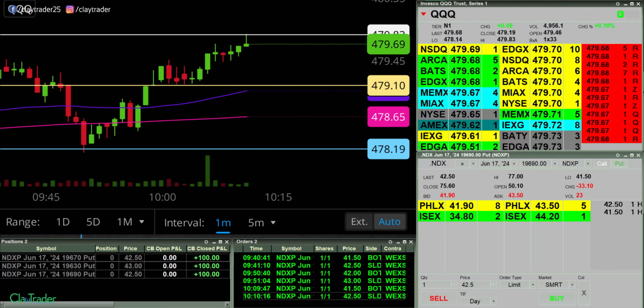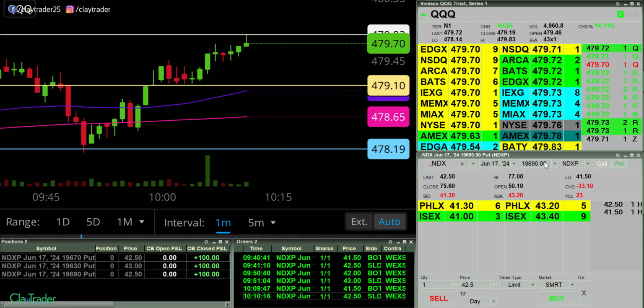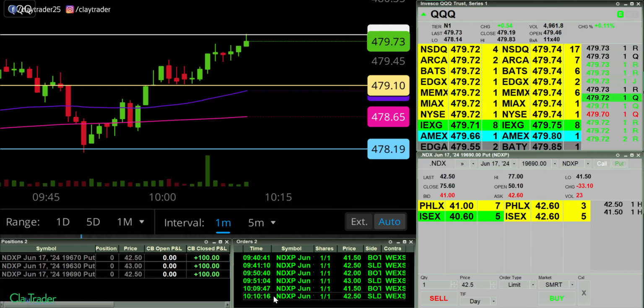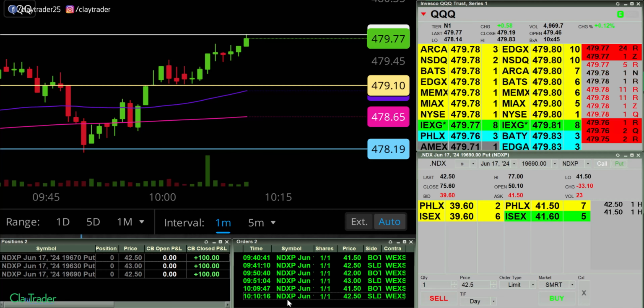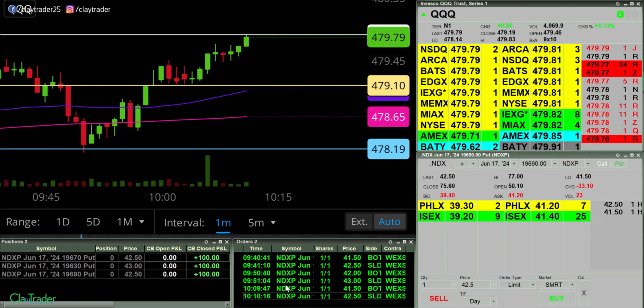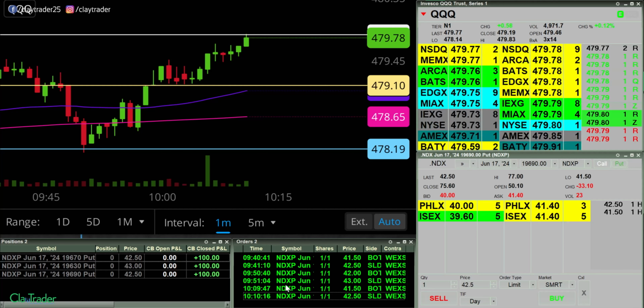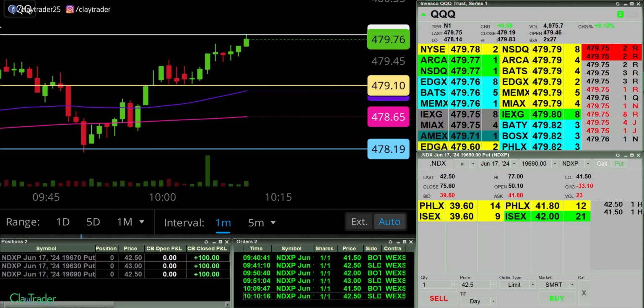How long? I don't even know how long I've been out. I was watching the level 2s to see if my stop loss was going to get hit. So I guess I can check the time, 10:16. That doesn't help me a whole lot. So yeah, I really have no idea how long I had been out because I was just watching those level 2s. But I'll have to scroll back and watch that